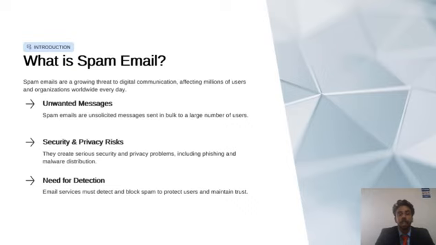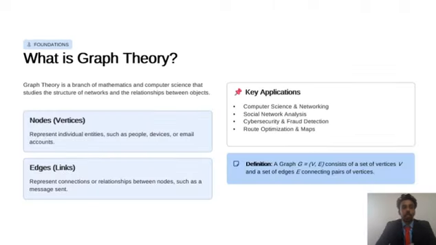Because of these threats, email service providers must develop efficient spam detection systems to filter unwanted emails and protect users. This is where advanced techniques like graph theory can help improve spam detection. Before understanding how spam detection works, we need to understand graph theory. Graph theory is a branch of mathematics and computer science that studies networks and relationship between